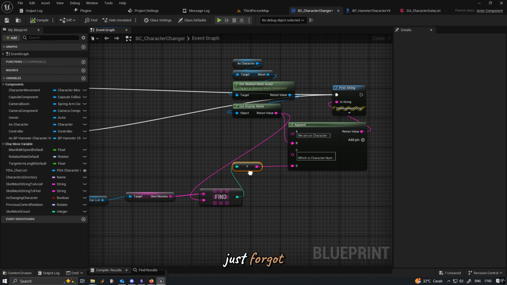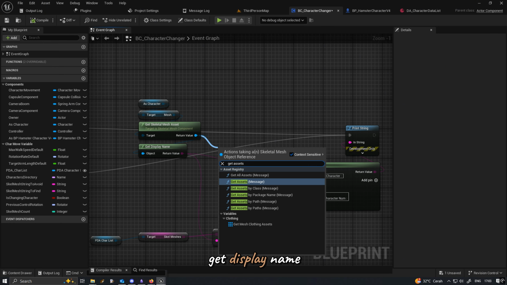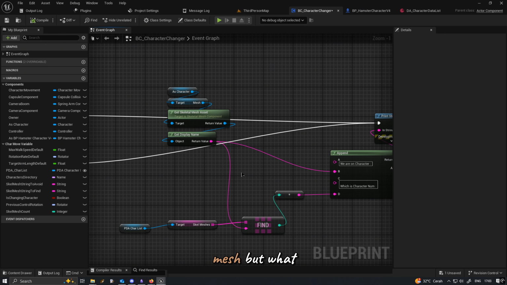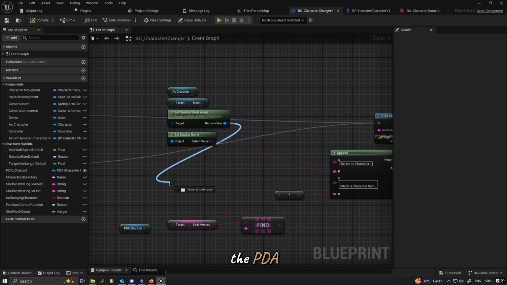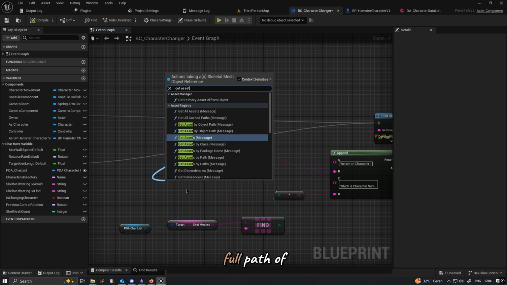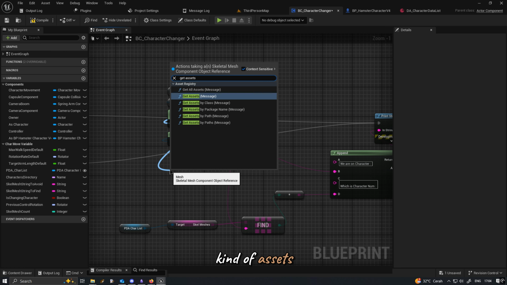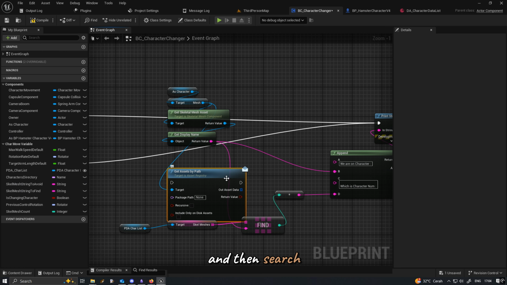I actually just forgot, because from that get display name, from that get skeletal mesh asset, it's retrieving only the name of the skeletal mesh, but what we have in the PDA is basically the full path of the assets. So we need to get some kind of asset registry and then search through them.